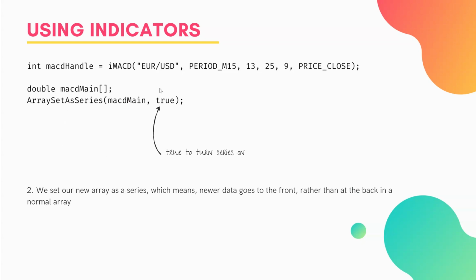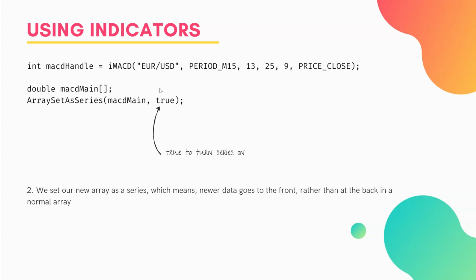We then need to do something special with the array. So when you normally have an array and you start at the 0 index and then you add data to it, you would add data then at number 1 index, number 2 index, number 3 index, and so on. That's fine for many scenarios, but in the case of